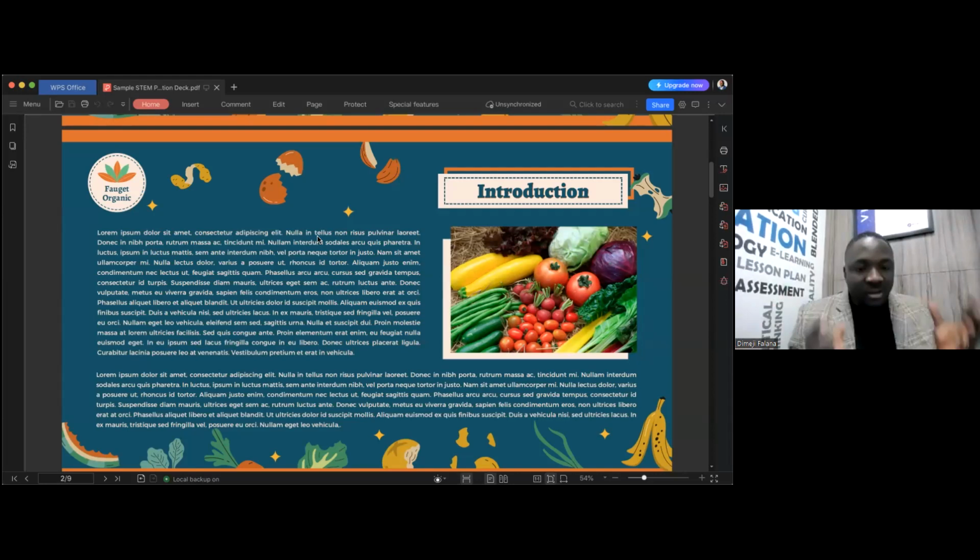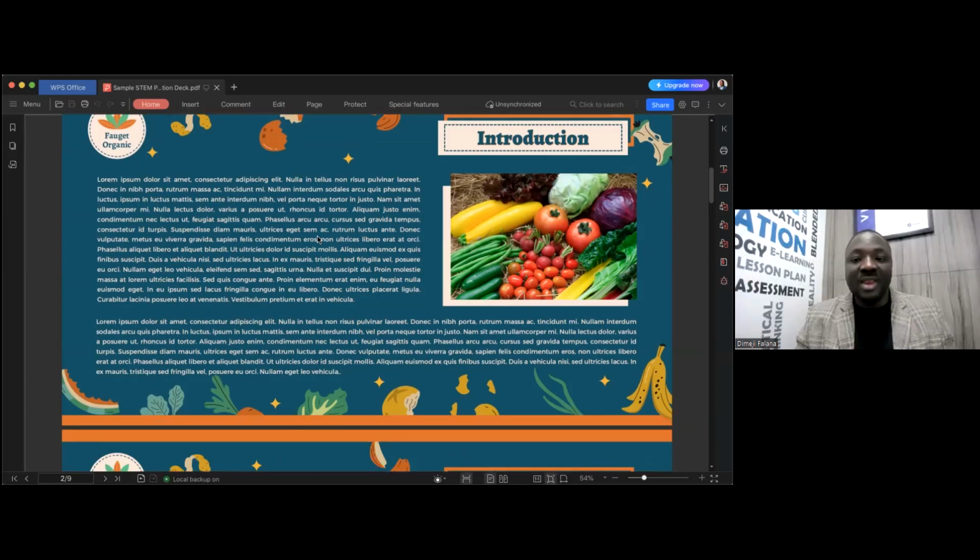you're trying to do. But even from this sample I'm showing you, there are just too many words here. You can work with very, very few words and make sure that when people are seeing your slide, they can glance through your slide within seconds. And that is the introduction.